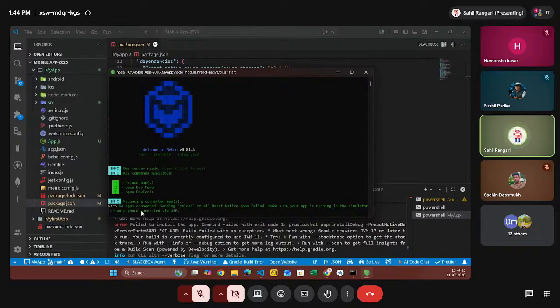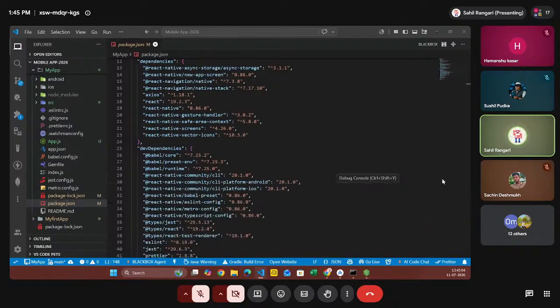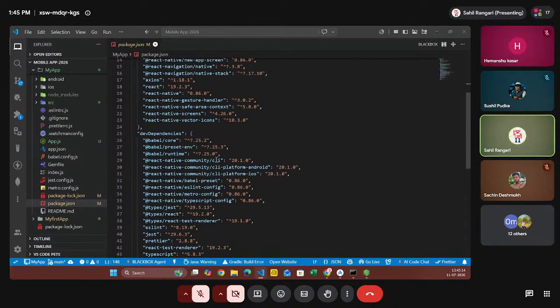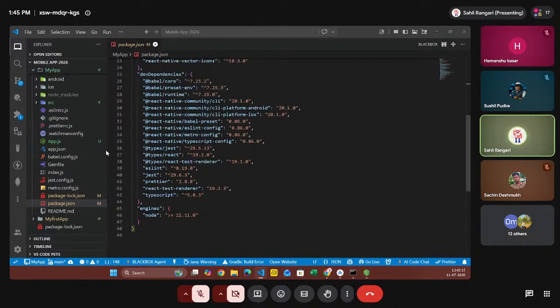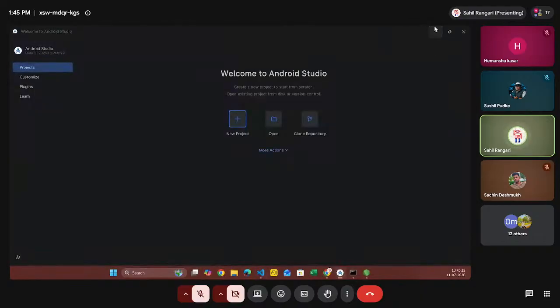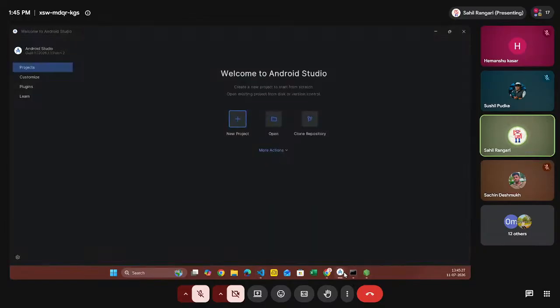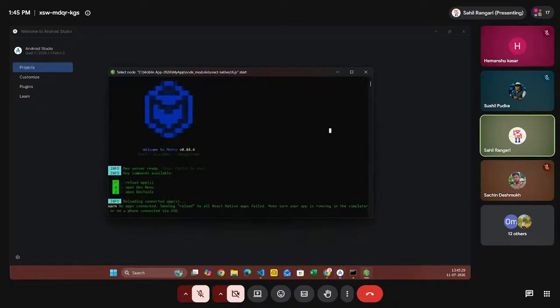That's all. And it's showing that no app is connected till now, because we have to connect Android Studio with this emulator and the app as well. So till now we discussed the differences. Now the real development begins in the next page, where we can create the packages for these apps. So this was the basic requirements for React Native which we discussed in this section, and this is the requirement. Now we'll switch